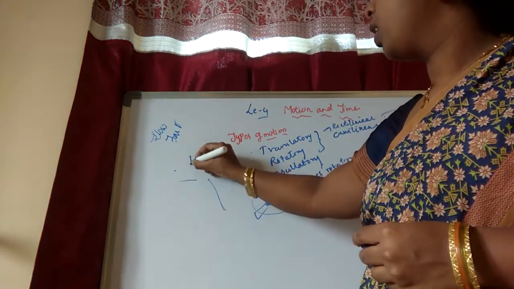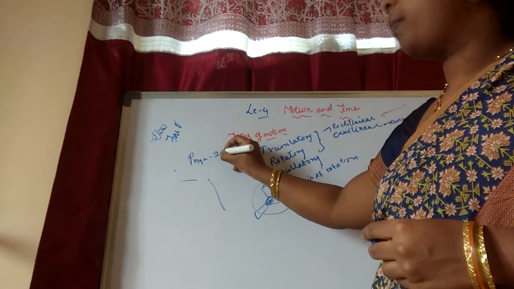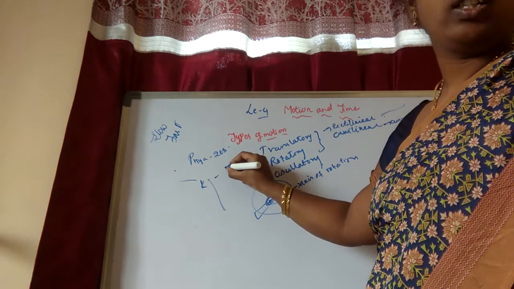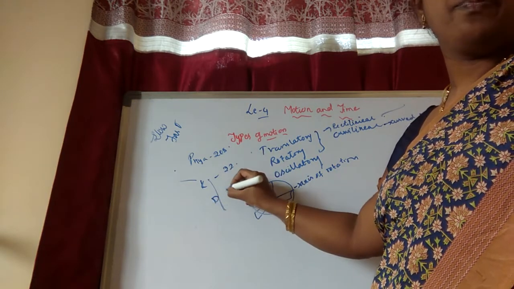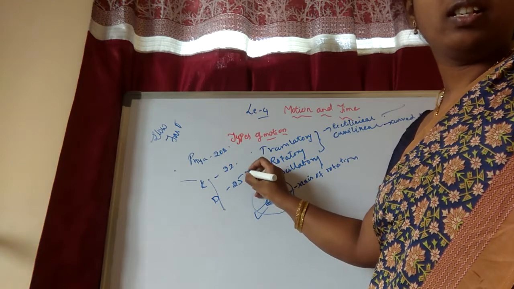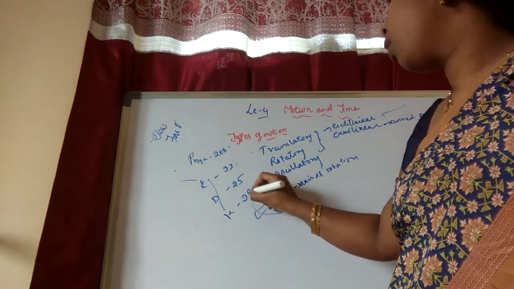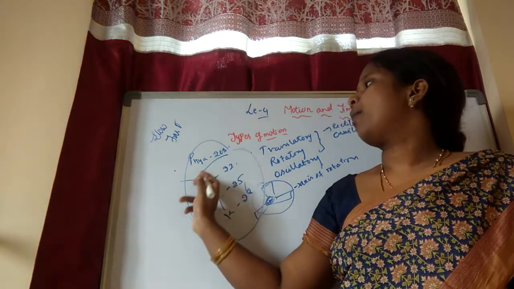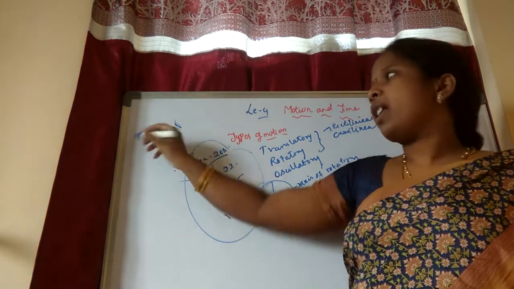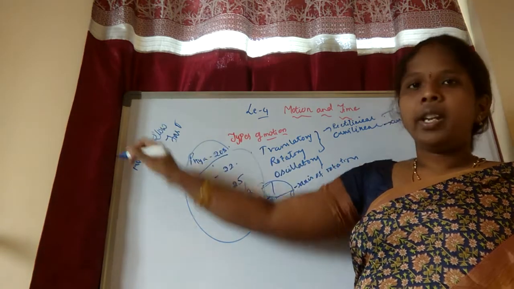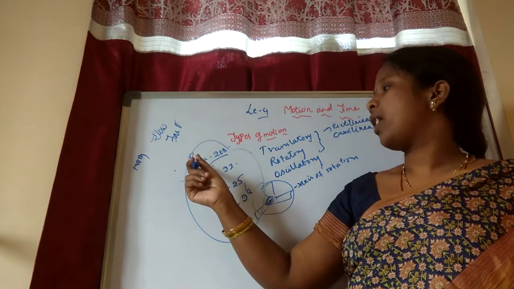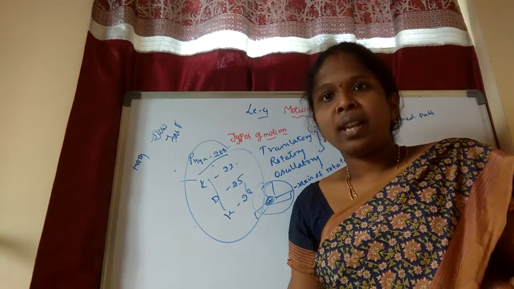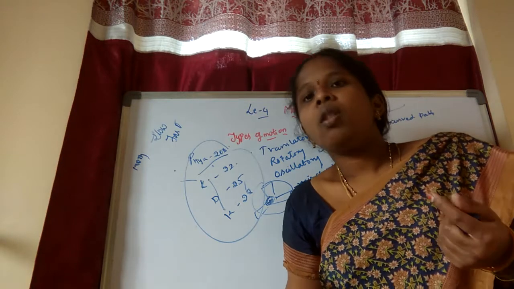So for example, Priya took how many seconds? Priya took 20 seconds. The next person, Karthik, took 22 seconds. Divya, 25 seconds. Kiran, 28 seconds. So from these examples, tell me who ran fast? Yeah, Priya, because she completed the 100 meters in 20 seconds itself. So she ran fast. And the second person is Kiran. In this way, we can tell who is fast and who is not. So depending upon the time also, we can tell.